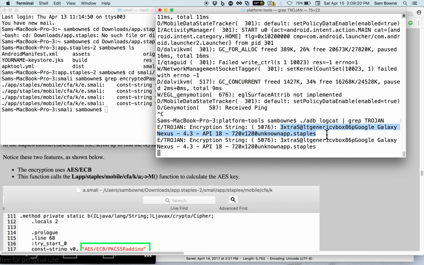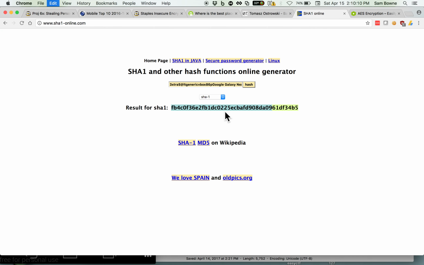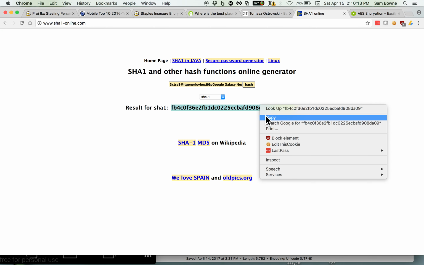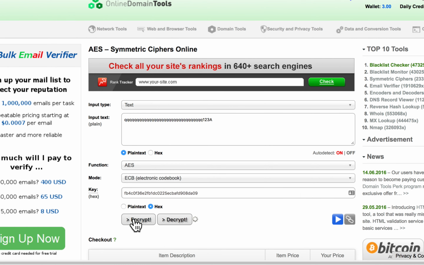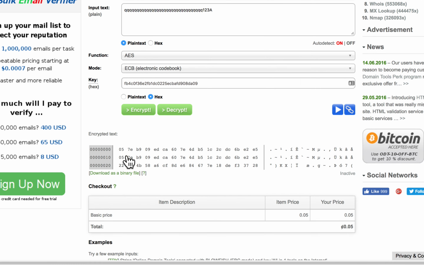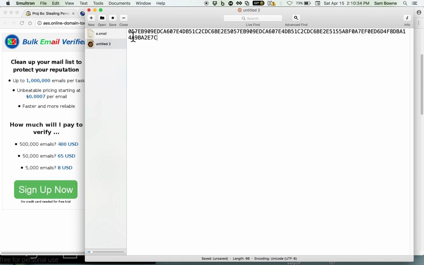The password's in plain text. Here's the hexadecimal key. Now that's the extra salt, so my copy here did not work, which seems to be a common problem with Chrome these days, that when I copy with logo C, it fails to copy. Anyway, there's the hexadecimal key, and if I encrypt with that hexadecimal key, I get 057EB9, and if you remember from the previous video, that's it, 057EB9. I'm now able to completely reproduce the encryption, and therefore I can take somebody else's phone and reverse the encryption